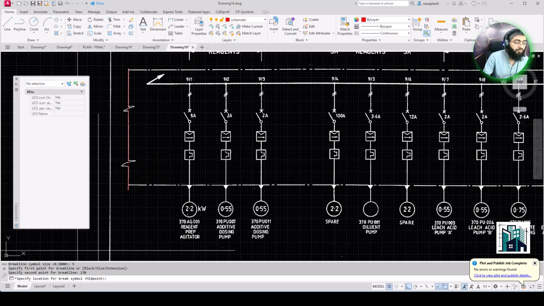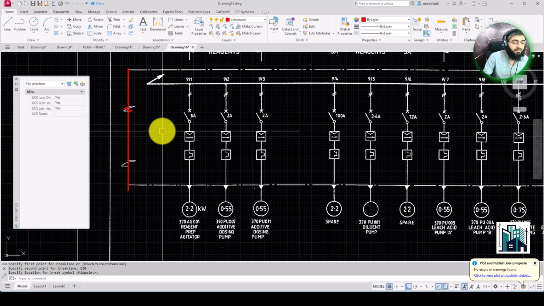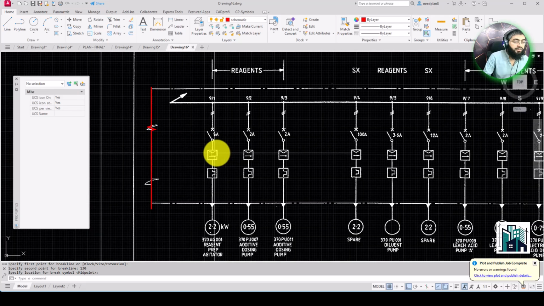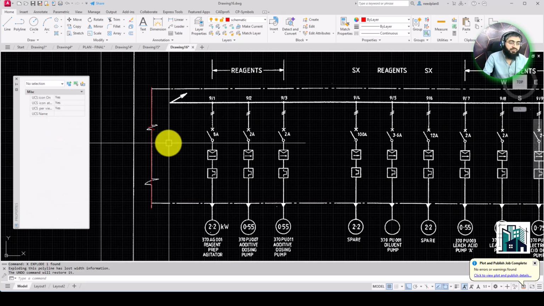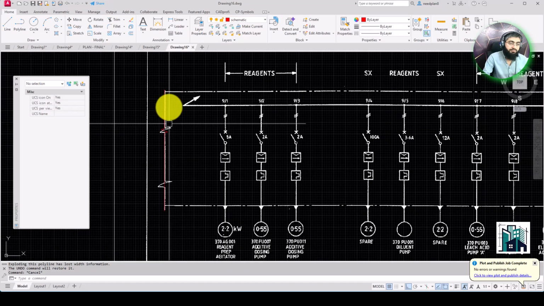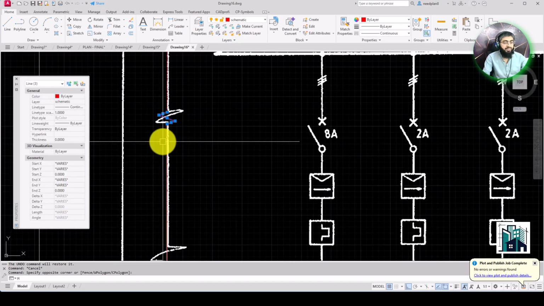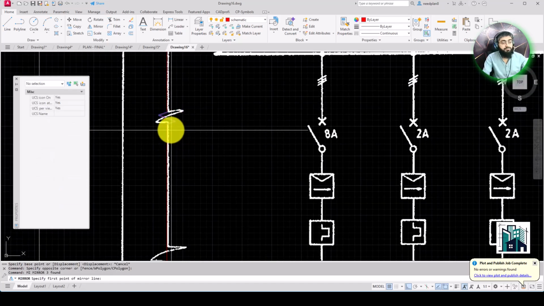and then midpoint. I have selected midpoint, or I can make it like this, or you can explode it, so you will see like this, or you can mirror this object as per you.